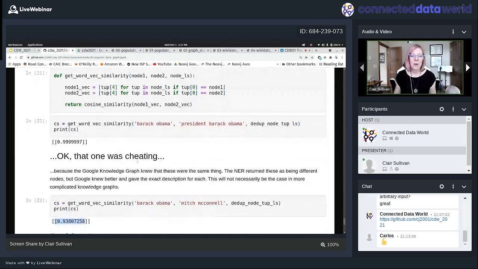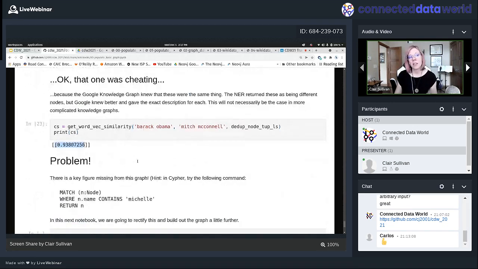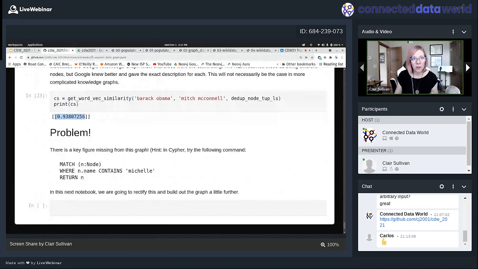Okay, now if you run the code in this notebook, notebook 0, what we see is we're missing a key person here. If you look for somebody in this graph whose name is Michelle, you will not find her. Okay, this is an example of when you want the subject matter expert involved. In this case, we're all going to play the role of subject matter expert on US politics. We know that Michelle Obama is married to Barack Obama, and yet she's not in this graph. So we have to raise our hand and say, hey, knowledge graph people, we're missing a key node here. We need to add this to our knowledge graph.